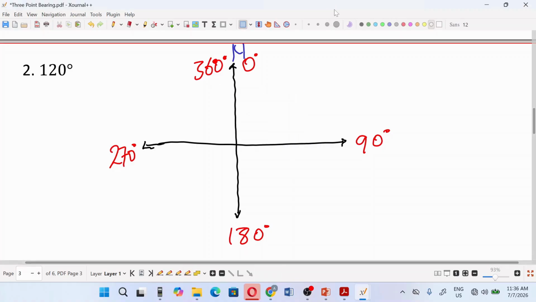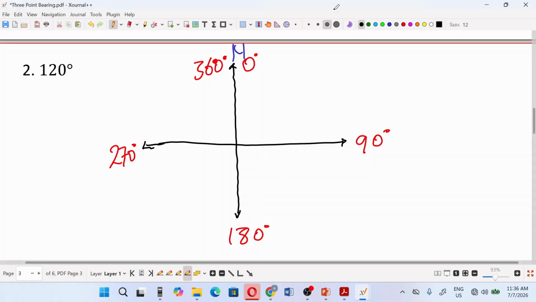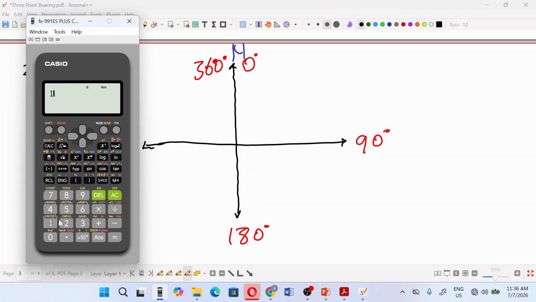Therefore, I have to now measure. I have to now think about it. If this part is 90, how much more do I have to add to 90 to be able to get 120, right? So I will quickly say, okay, I already know the question that was given was 120. So I'm going to say 120 minus 90,